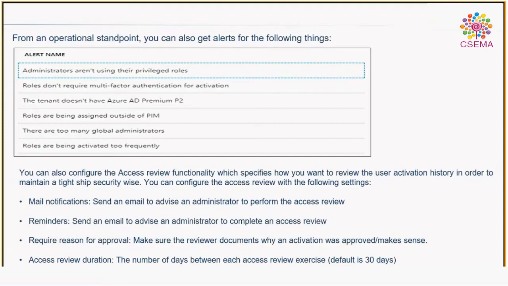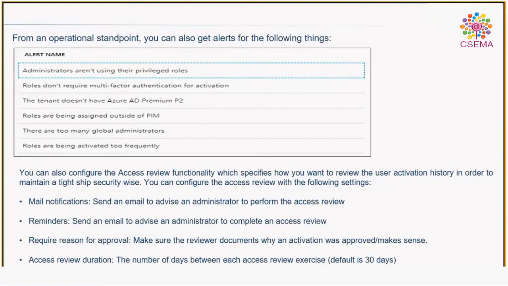Say, for example, we have given some sort of administrator access, but they are not using it. I'm talking about permanent, not eligible. So even for permanent admins, we have given access, but they are not using it. These alerts go to some generic ID, or whatever ID you have configured. You can see the list of alerts. The tenant does not have Azure AD Premium. If the license expires, it gives an alert.